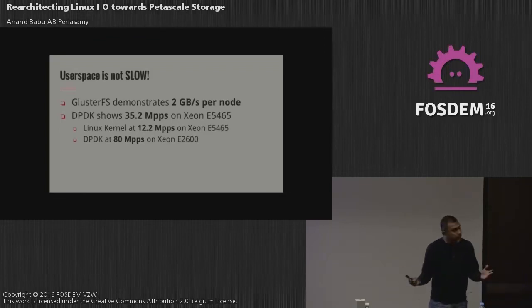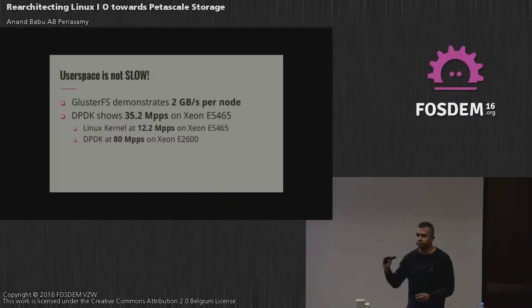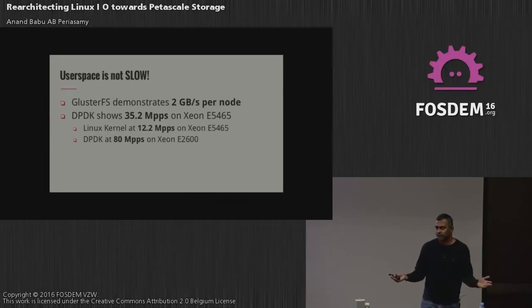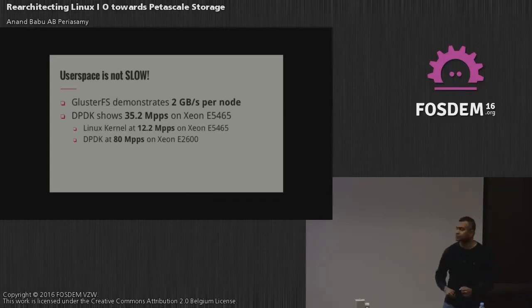But kernel mode file systems are still good if you are talking about root file systems, like a small local disk file system where you want low latency, high performance I/O for database workloads, things like that. But for the most part, when you are talking about large scale data, petabytes, a single rack can be anywhere between 2 to 4 petabytes of data. For that scale, you just have to move things to user space.